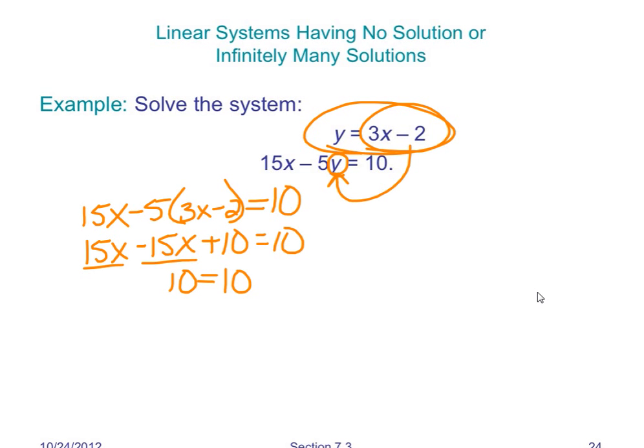Again, I had a situation where the x's and the y's were eliminated, but in this case I got something that was true, 10 equals 10. Since my x's and my y's were both eliminated and I got a true statement, I would say there's infinitely